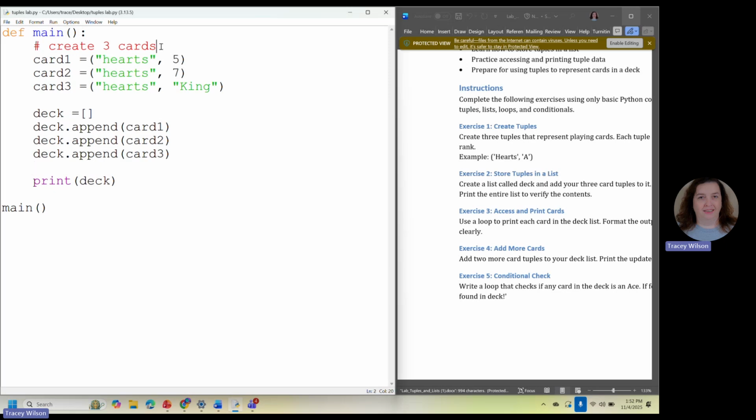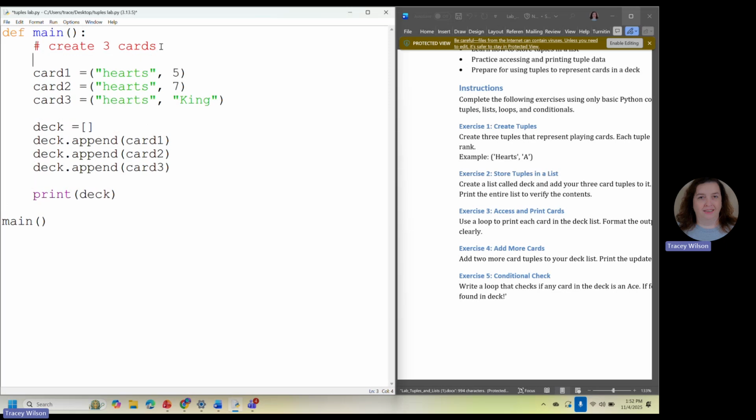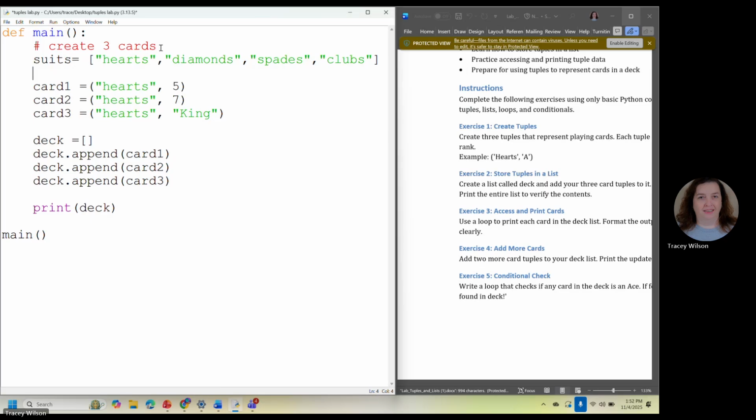So instead of doing it individually up here, I could create myself a list of suits. Oh, brain dead. Spades. Oops. Thank you. I do know these things. And then what do you want to call the numbers? We just call them values. And